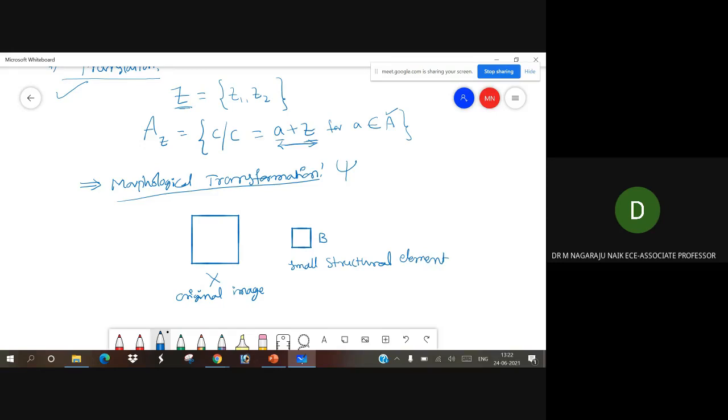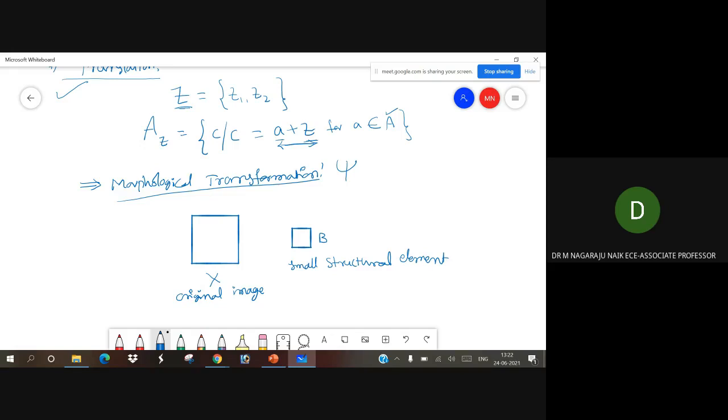This is your original image X, and this is your small structural element B. So it will give a relation of the image X with another small point set B, which is called a structural element.